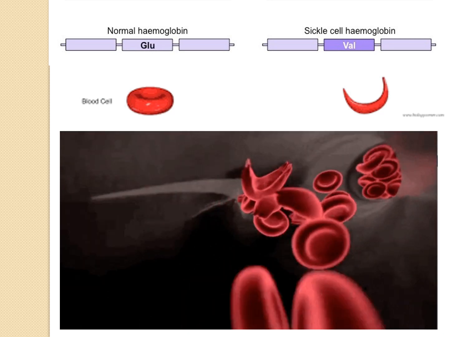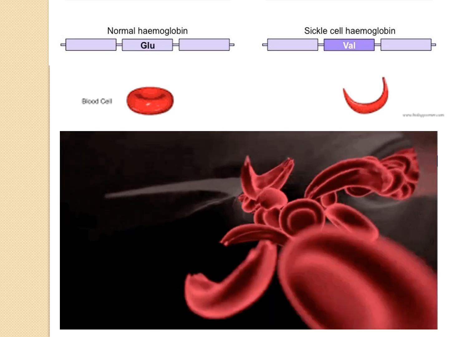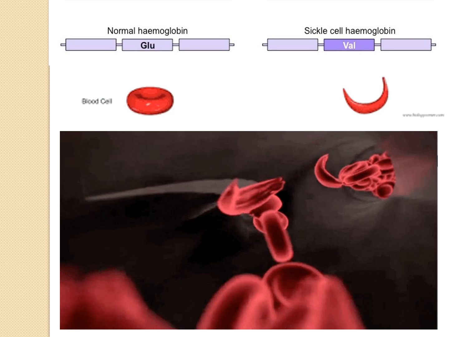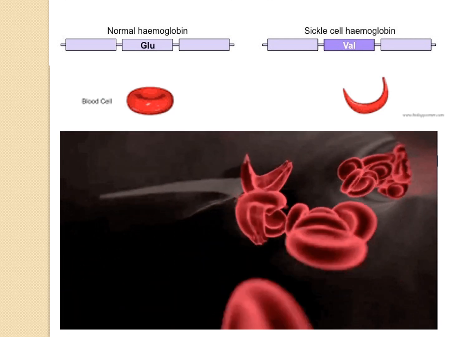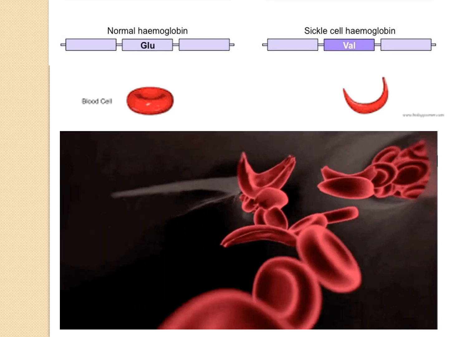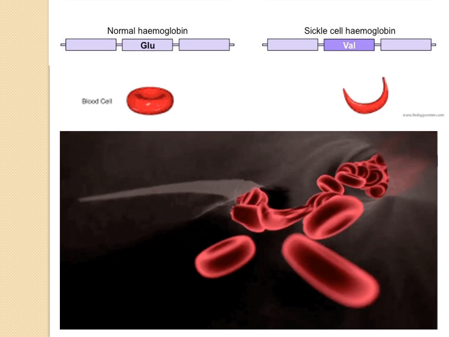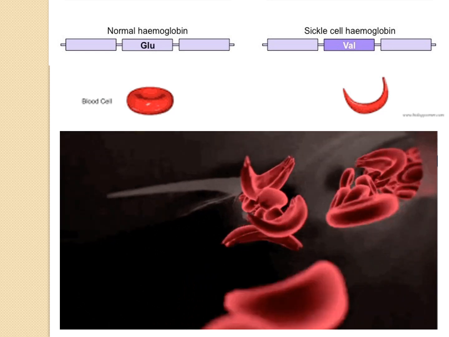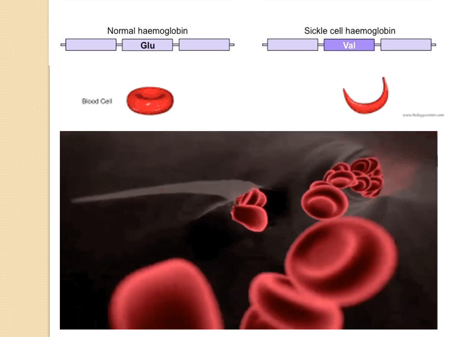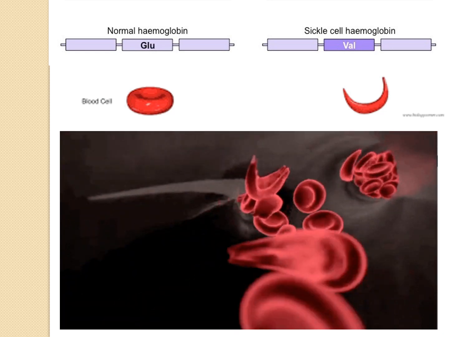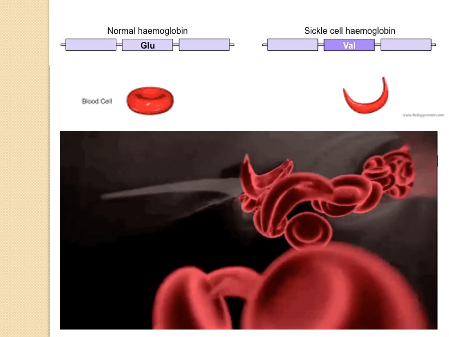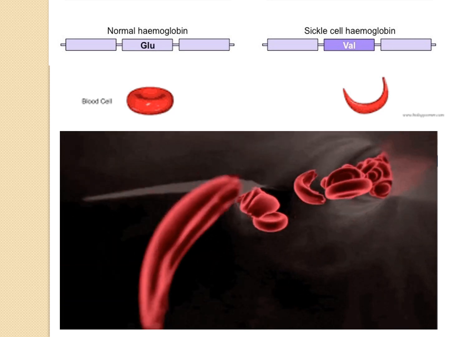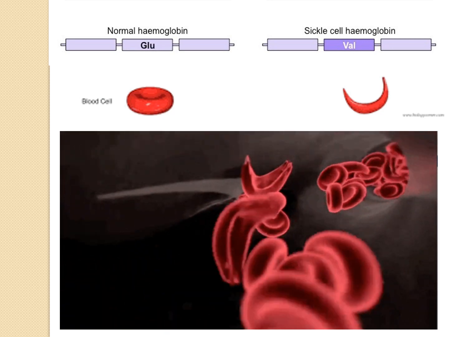If the RBC is biconcave, the circulation of the blood becomes very simple. But when they become sickle shaped, obstruction starts happening and the circulation starts getting affected. There is clumping of the cells seen during circulation, and this can actually bring about damage of various organs like the brain, the lungs, the kidneys, etc. So this is actually a very serious condition.